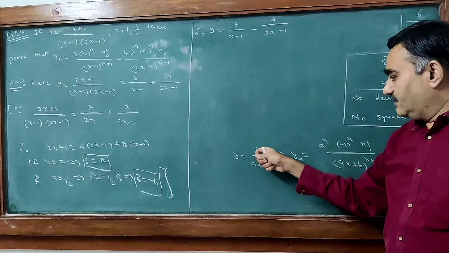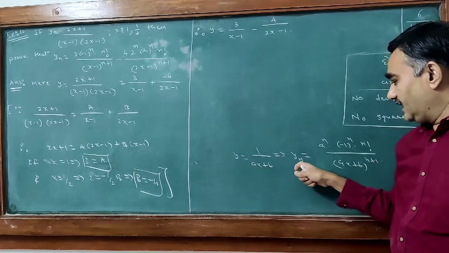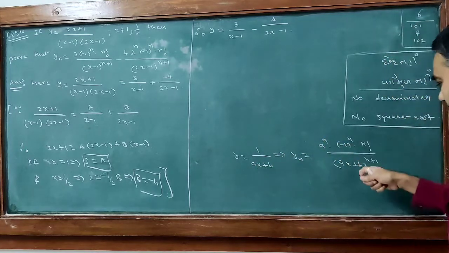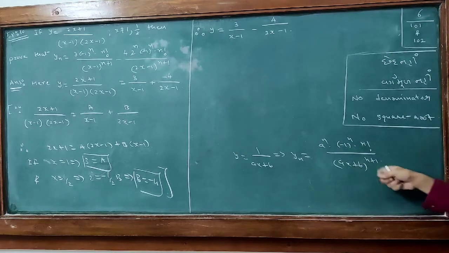This is 1 upon ax plus b implies yn equal to a raised to n, minus 1 raised to n, n factorial, upon ax plus b raised to n plus 1, because